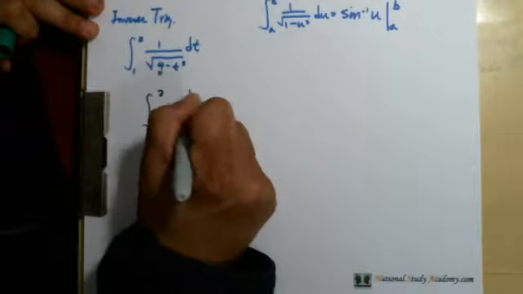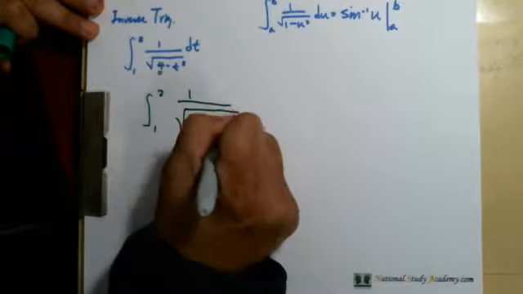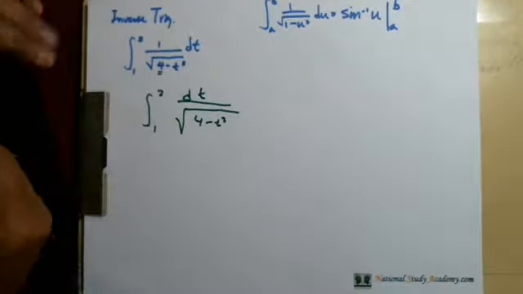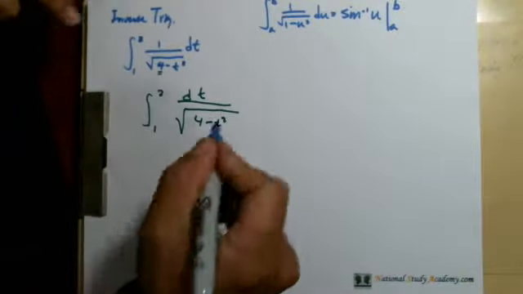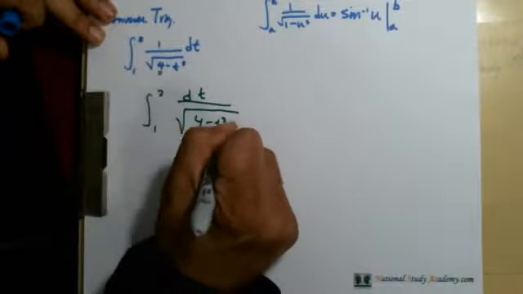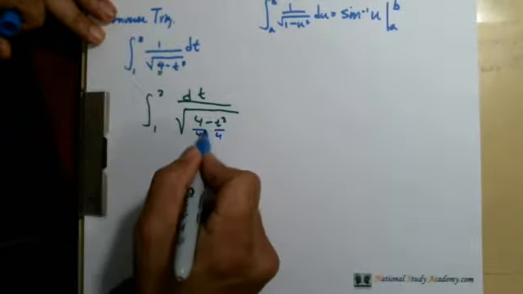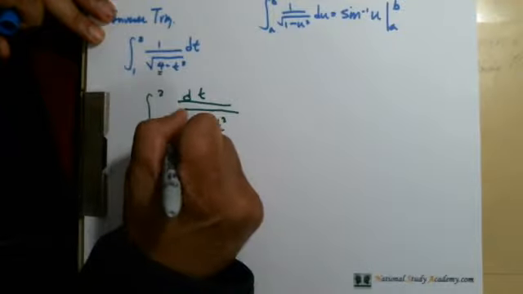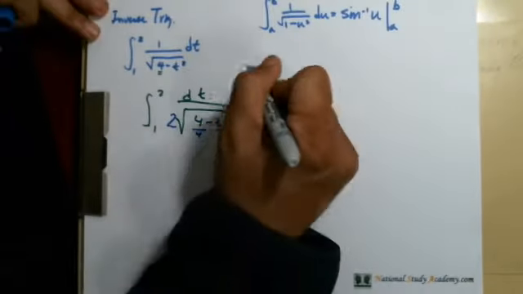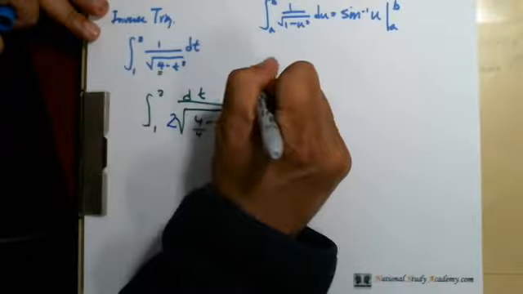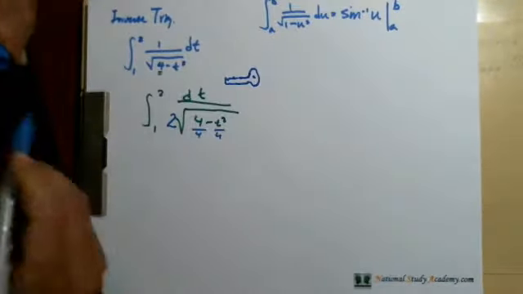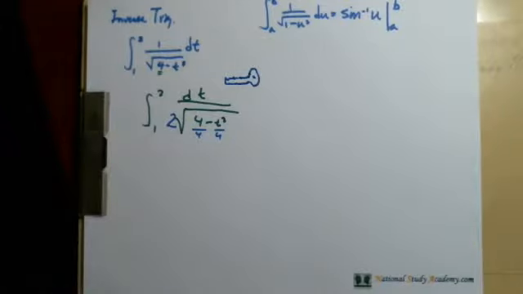And I'm going to write it this way: 4 minus t squared, and here's dt. I'm going to put dt on the top right there. So what I'm going to do is divide this by 4. If I divide it by 4, under the square root it is divided by 1/2, so I'm going to just multiply by 2. That's the key right there. So once we get that done,